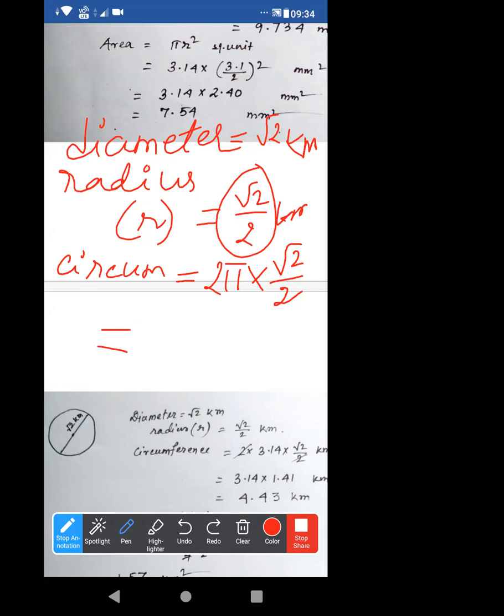Acha, in the last class, I told you what is the value of root 2 by using that long division method, square root of 2. That is 1.414. Okay, you have to remember it. Understood? And root 3 also you will remember, 1.732. These two values you have to remember. And I explained how this one came.